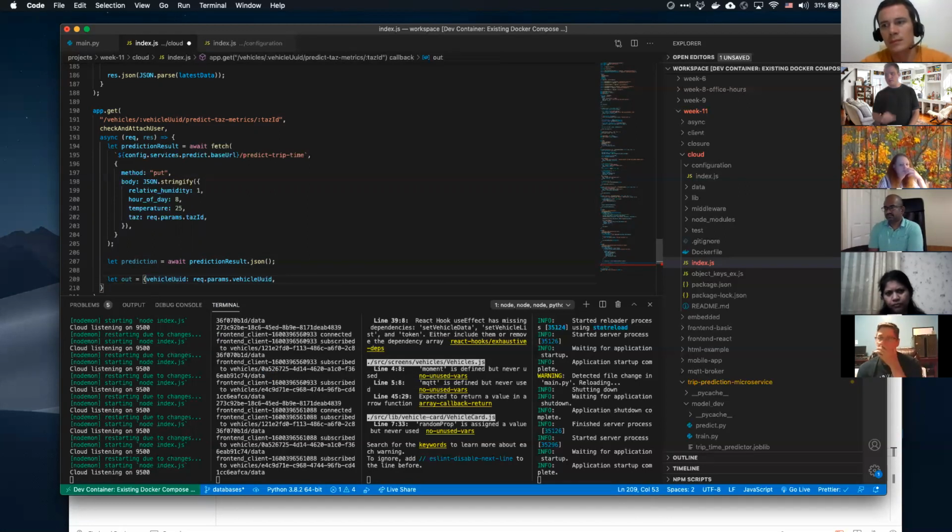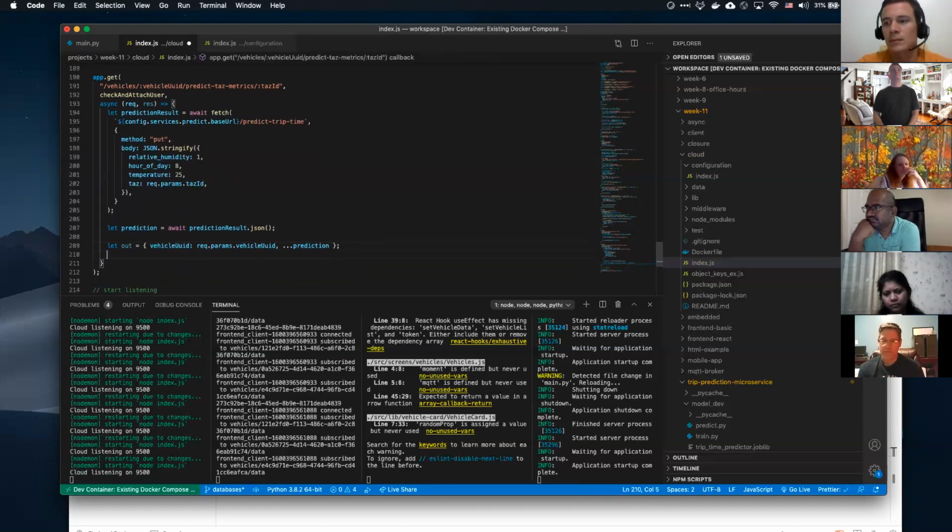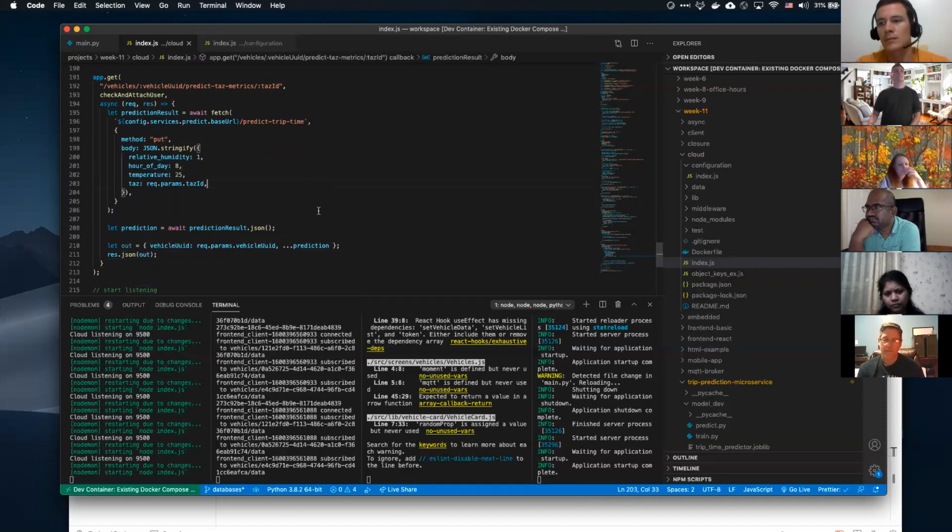And then let's also add the prediction there. So we're basically just going to pass that through, but we're also going to add a vehicle UID to it, and res.json out, and send that out.